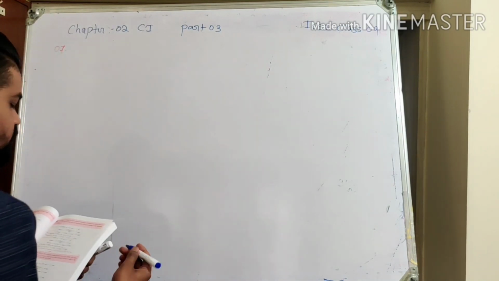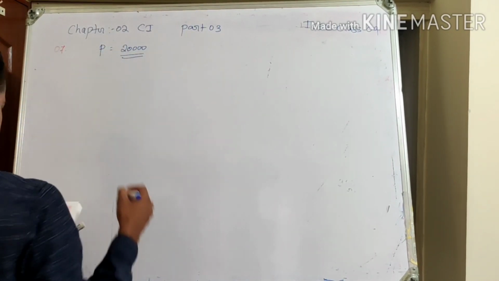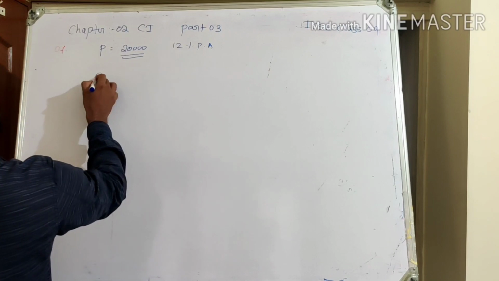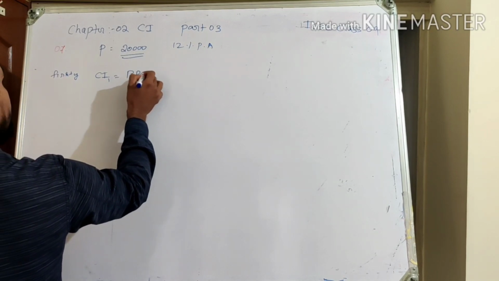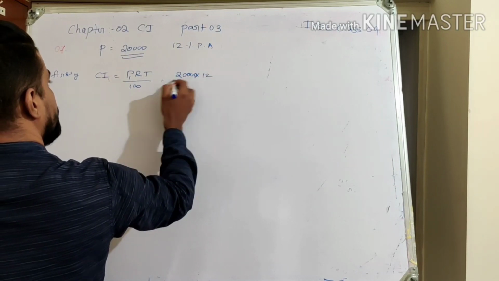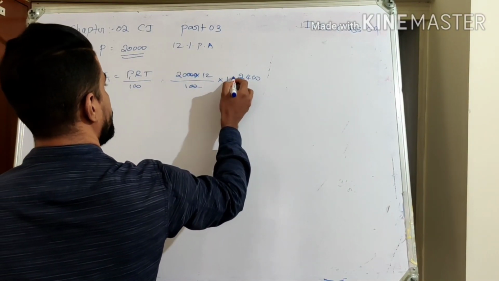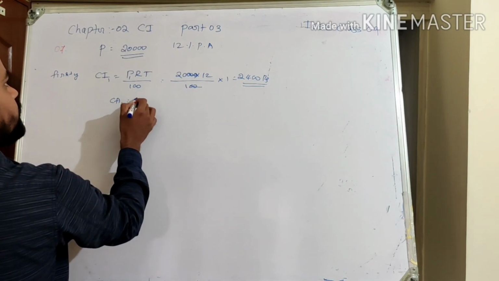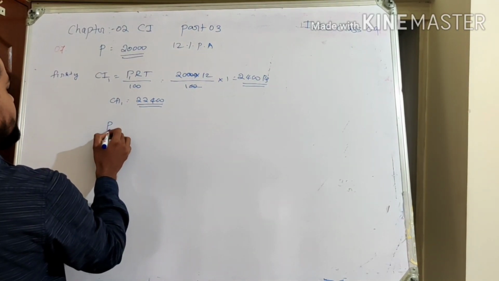So let's see. First he took a loan of 20,000 and that is the initial principal, and the rate of interest is 12% per annum. Okay. First year what happens? In the first year, the interest will be P1 RT by 100. So the 20,000 into 12 by 100 into 1. So 0 cancels. We end up with 2,400 as the interest. Okay. So the amount should have been 22,400.